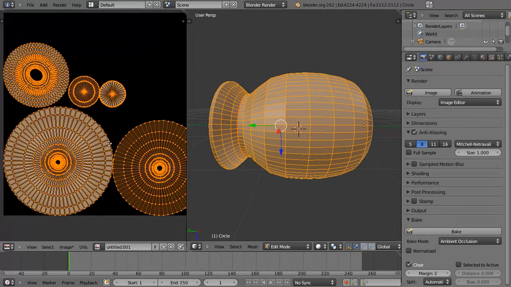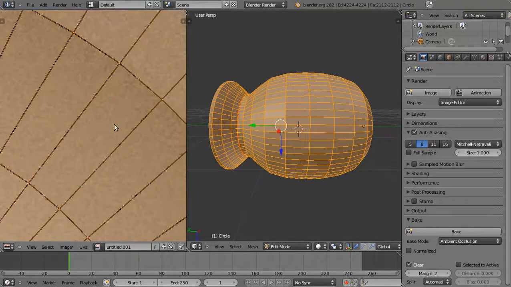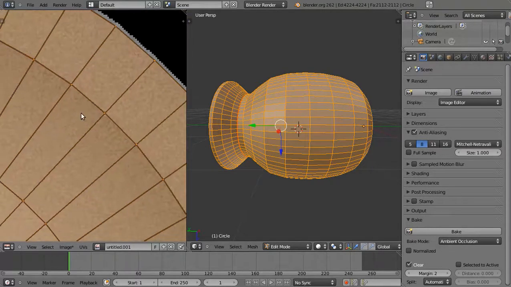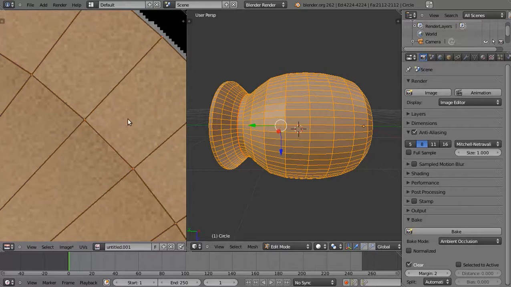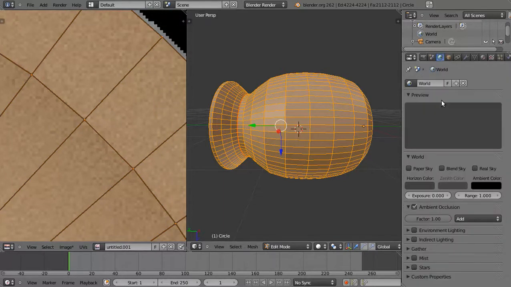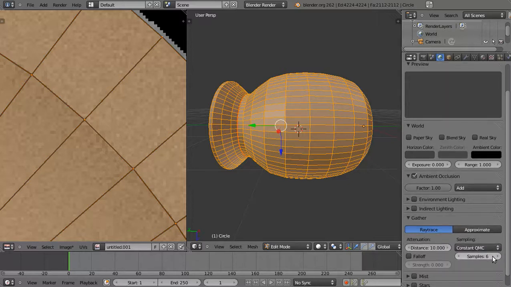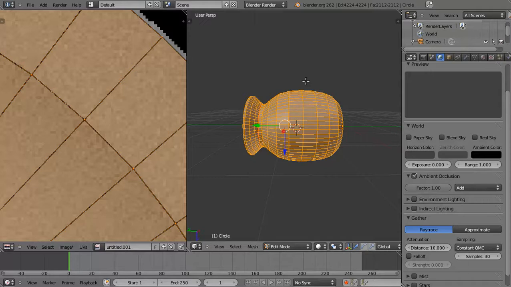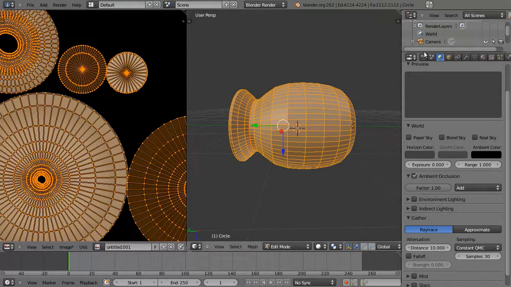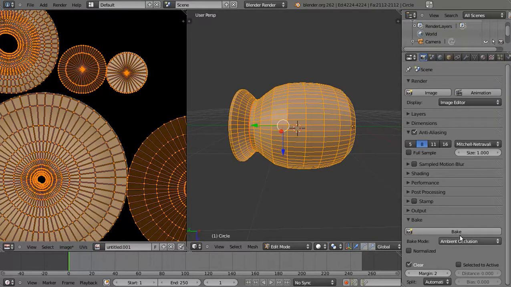So when we look at it right now, it's really grainy, and the way to fix that is when we go back to our world perspective, we can go to gather, and right now it's only at 5, a sample rate of 5. So we go to something more like 30. Go back to our scene perspective, bake it again,